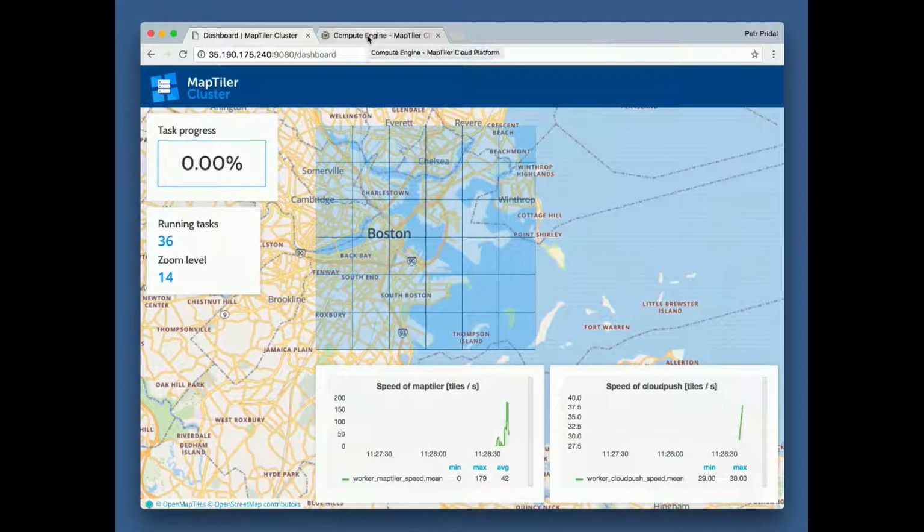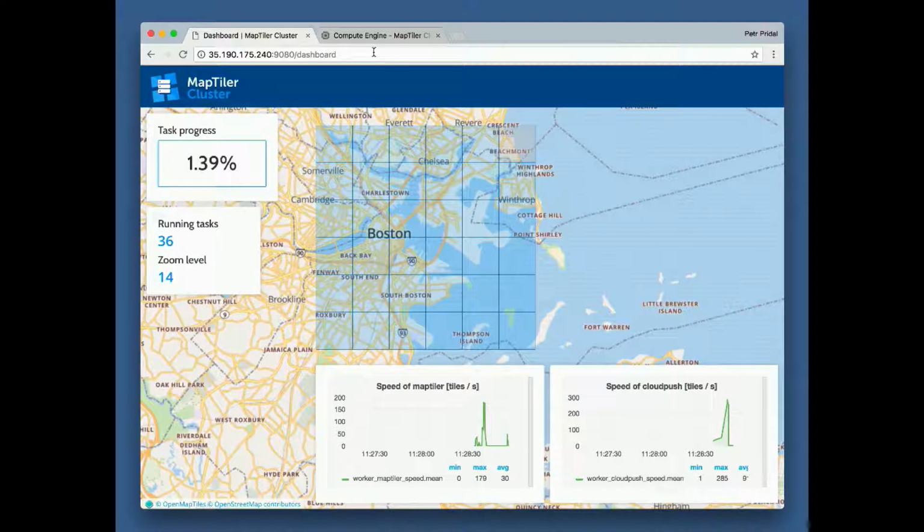Then we have this fancy view on what is happening in the cluster. So now the 7 machines, each is downloading the input data which it is supposed to work on, and doing the processing. And we show the progress on this OpenLayers app,